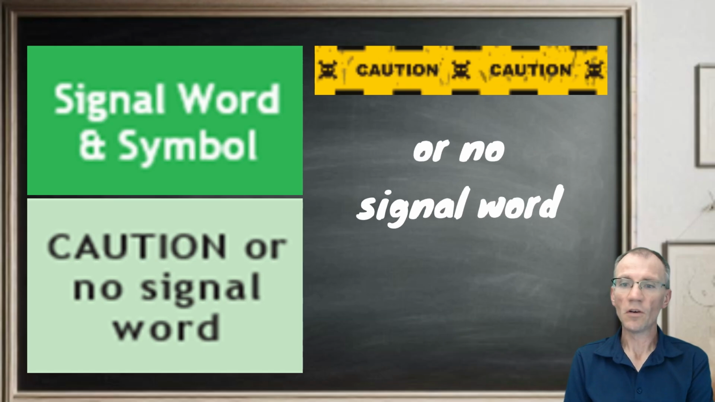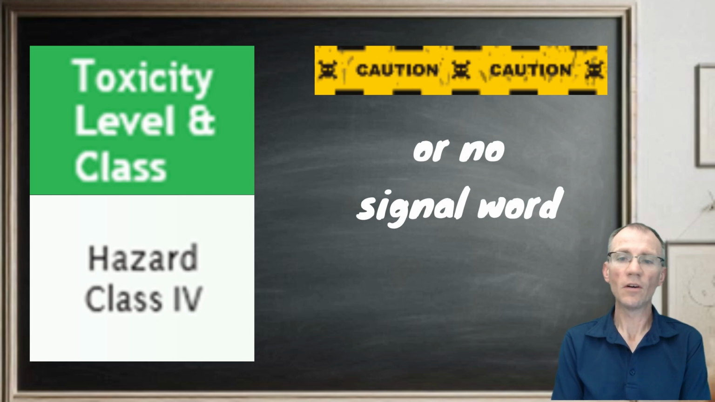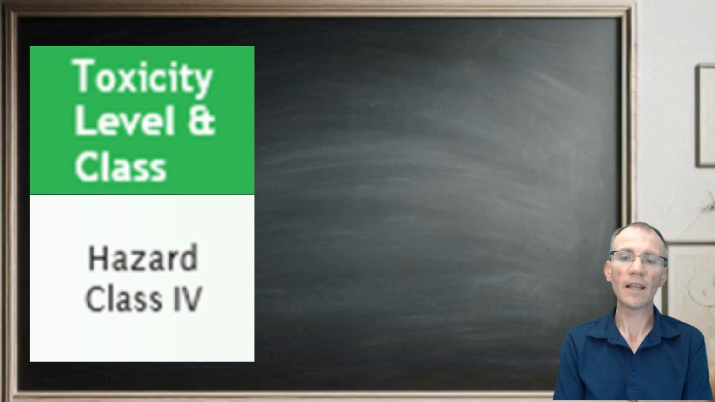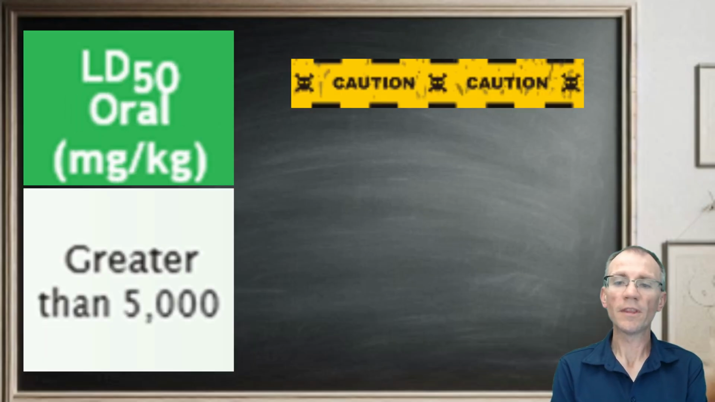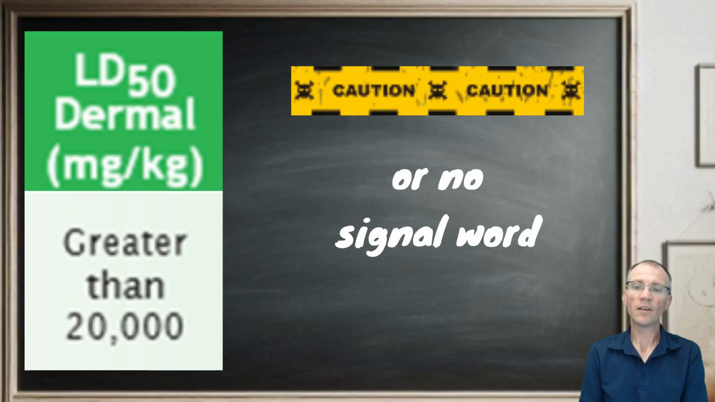Our final signal word is going to be caution or no signal word at all. Products that say caution or no signal word are going to have a toxicity level and class, hazard class 4. Now products with the word caution or no signal word at all are going to have an oral LD50 of greater than 5,000 milligrams/kilograms. Products with the signal word caution or no signal word at all are going to have a dermal LD50 of greater than 20,000